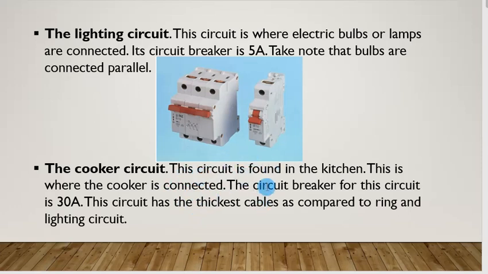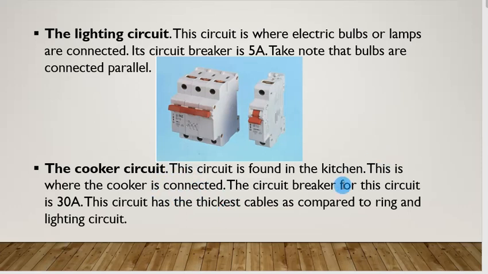But these days, with modern designs, you find that there is what we call the cooker unit or control unit, where you can connect your cables for the cooker. And take note that when you buy an electric cooker, especially those big ones like the 4 plates cooker, it doesn't come with a cable that is supposed to be plugged into the wall. No, you have to buy thick cables to connect yourself.